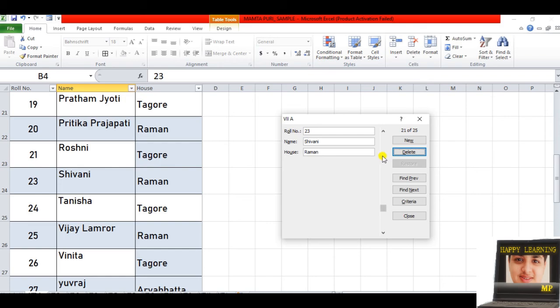Now suppose you want to just make a change in a record. Let's take an example of roll number 23, Shivani, but the house is wrong. So how to make changes? Double click on this, it will be selected, backspace and do the correction. Now suppose the house is Aryabhat.